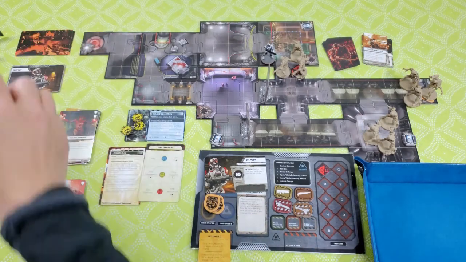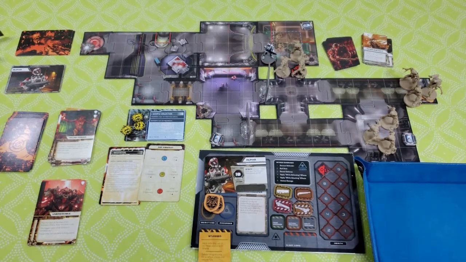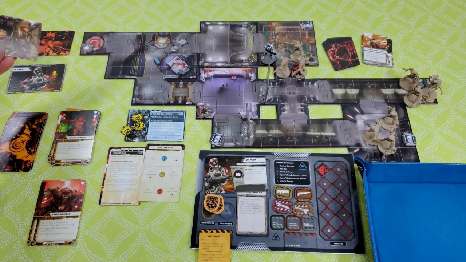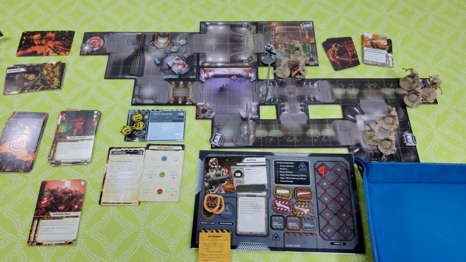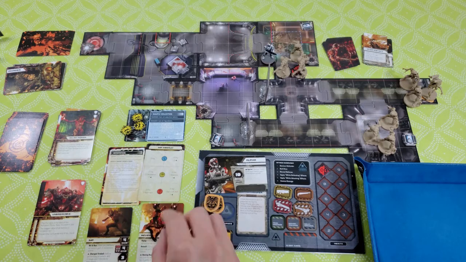And play is going to continue. All right. Next card in the initiative deck is the invader. And the invader is going to activate in this situation. Oh, I forgot to bring them out. It will be the imp and the revenant. And sorry, the revenant does get 1